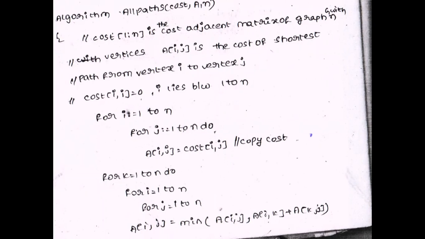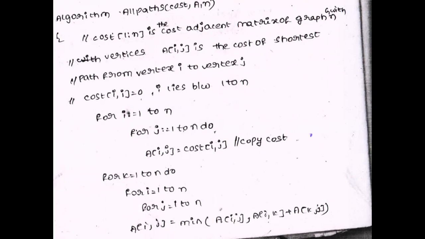So in total you calculate 3 matrices. For k equal to 1, we calculate A power 1. For k equal to 2, we calculate A square. For k equal to 3, you calculate A cube. That is A power 1, A square and A cube. So first we are calculating A power 1.